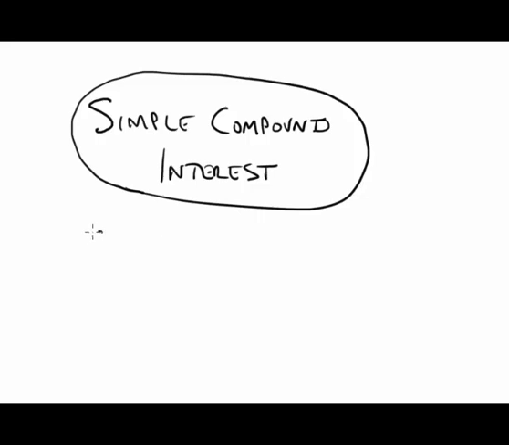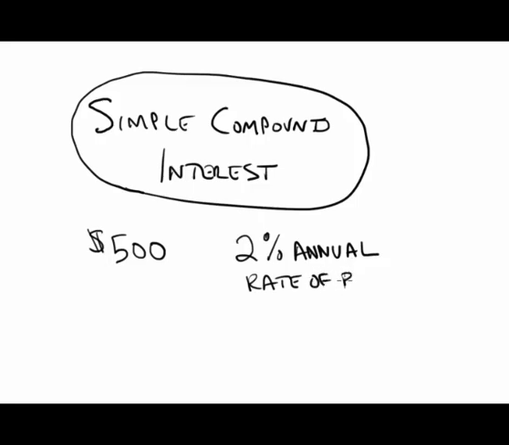So for example, if I put, let's say, $500 in a bank, and that bank tells me that they're going to pay me 2% of annual interest. Another way they could say that is they're going to give me 2% annual rate of return. What they're saying is that basically after 1 year, that's what the word annual means, I will have from my